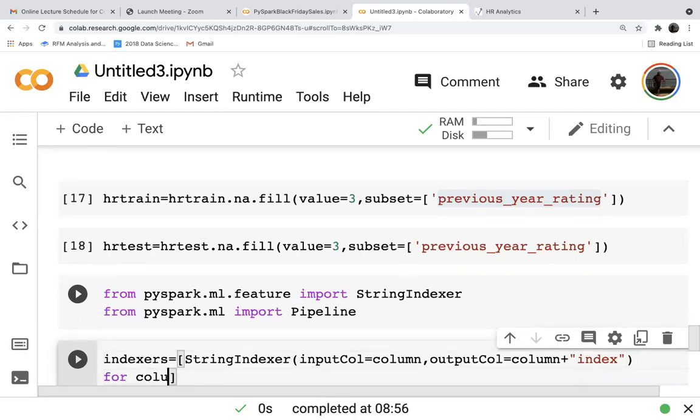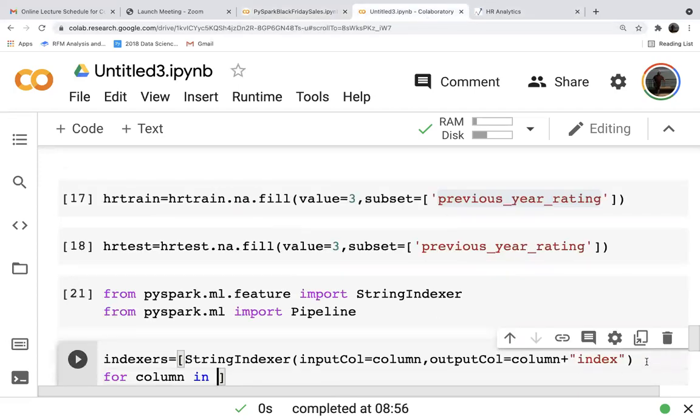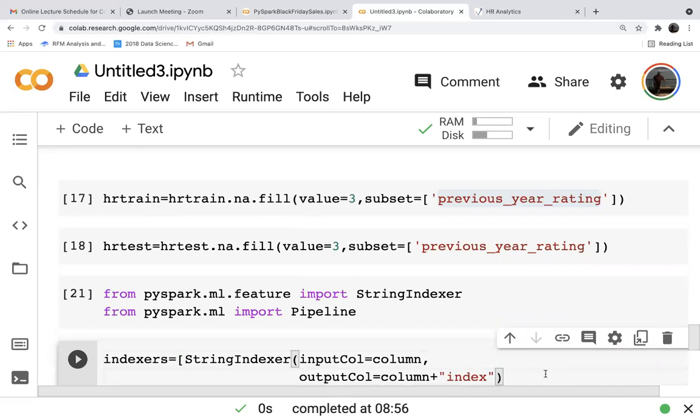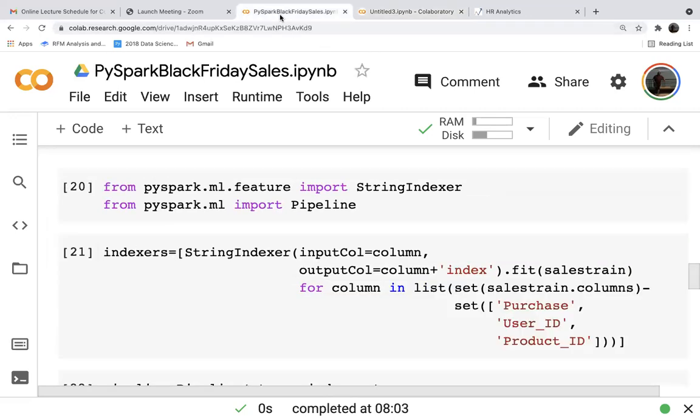for column in, dot fit. Okay, we forgot dot fit. Dot fit HR train, for column in list set.